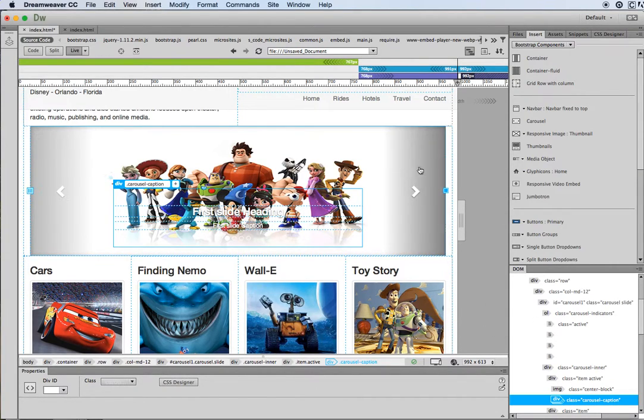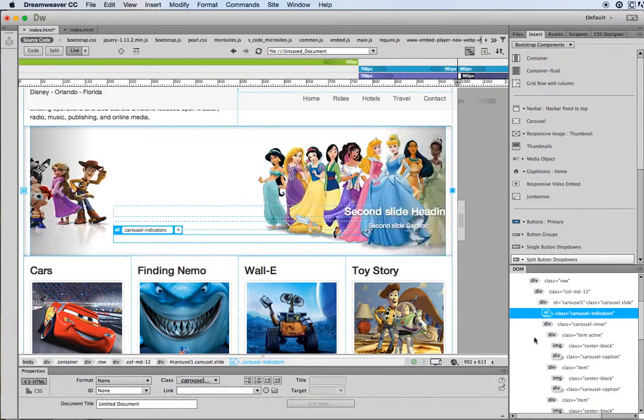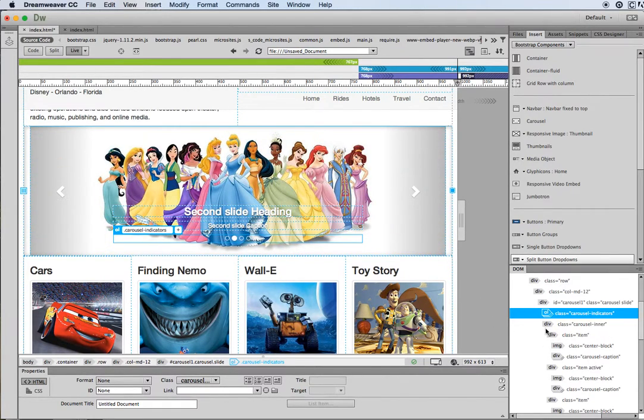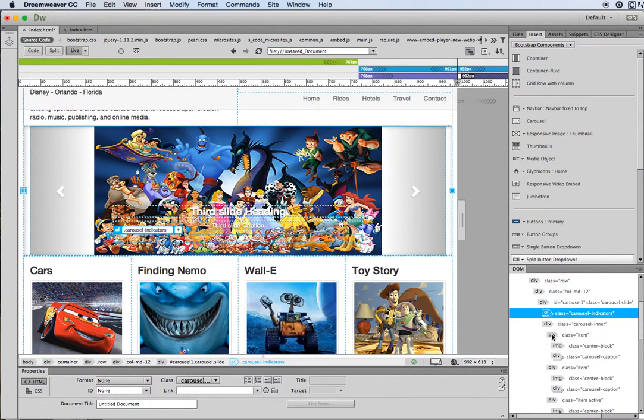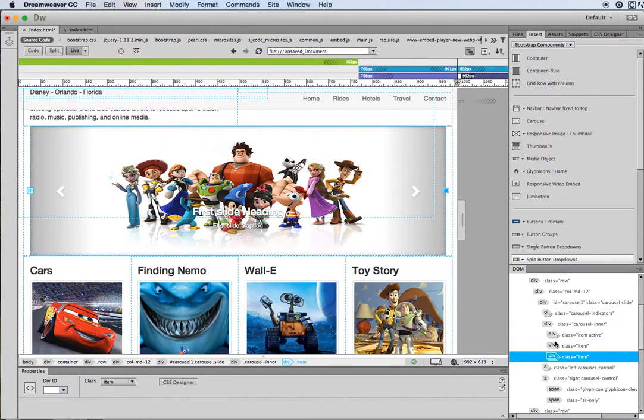So I've got the indicators, but now I need a space for my 4th image. So I'm just going to close up that OL tag. Now in terms of the images, they appear inside of these div items here, these things that are just called the divs inside the carousel inner. And if I just collapse that, you'll see that currently we've got 3 of those sitting inside the carousel inner